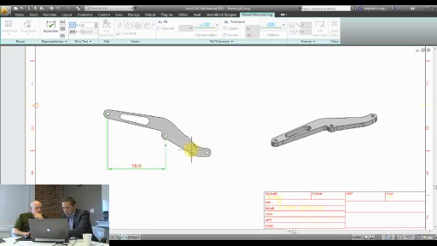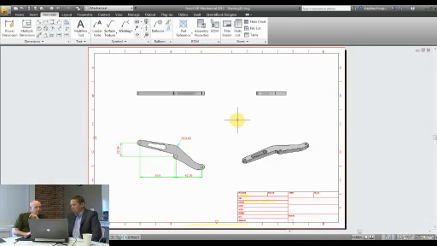Yeah, exactly. And you can see that I'm just starting to document it now with standard AutoCAD dimensioning. So you basically just carry on working with the system just as you always have done as an AutoCAD user. You don't have to learn how to do anything new. You can just work with the system as you always have and create your documented views.